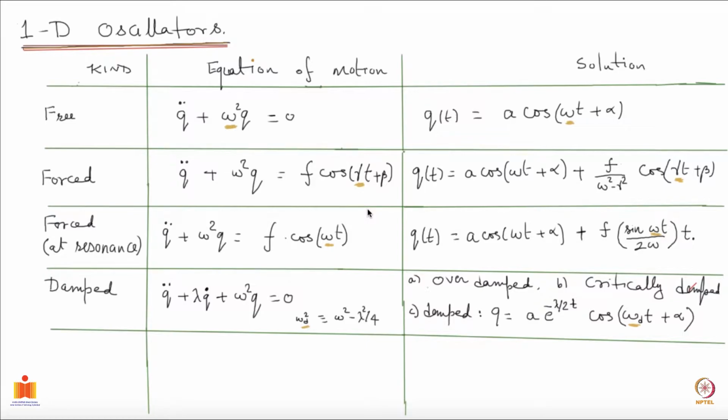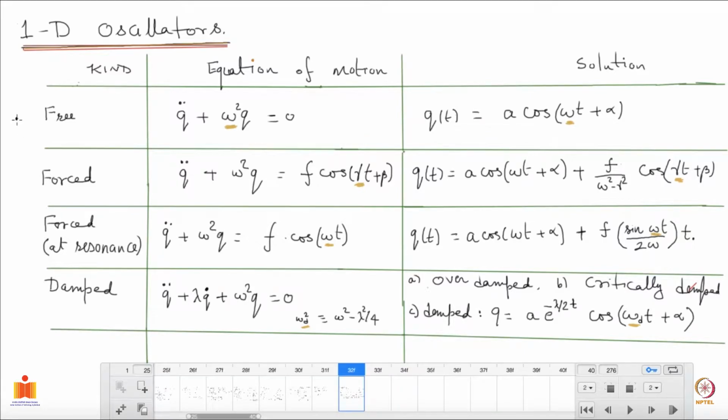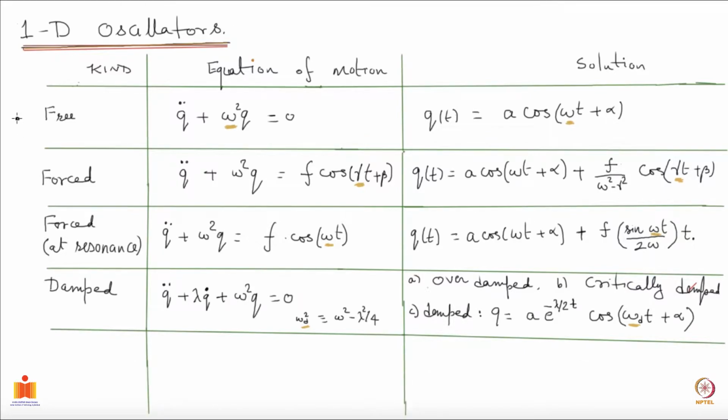I have collected here all the results that we have derived in the context of one-dimensional oscillators. So here you see the first entry is that of a free oscillator, meaning there is no damping, neither are there any external forces. So here omega square is the natural frequency of the oscillator, and this depends on, for example, the mass or the spring constant, actually the ratio of it, and the solution is